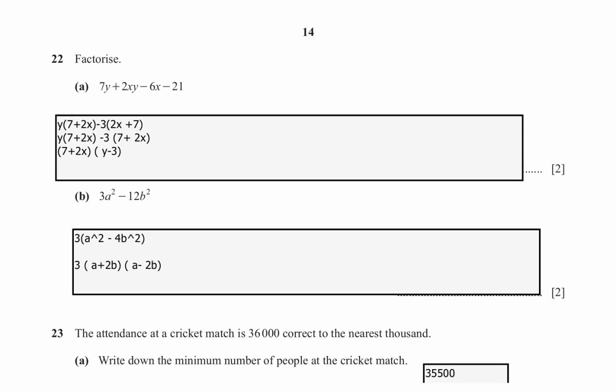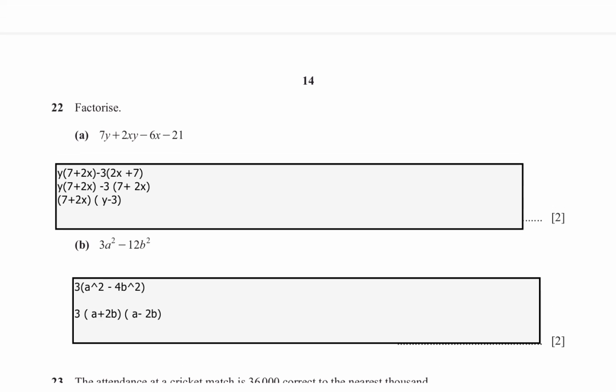Okay, let's move on to question number 22. Factorize 7y plus 2xy minus 6x minus 21. So that is equal to y, taking y common, 7 plus 2x, minus 3, 7 plus 2x. So y times 7 plus 2x, minus 3 times 7 plus 2x, and 7 plus 2x times y minus 3